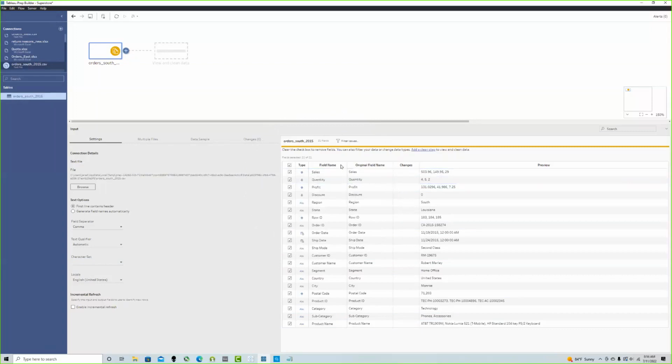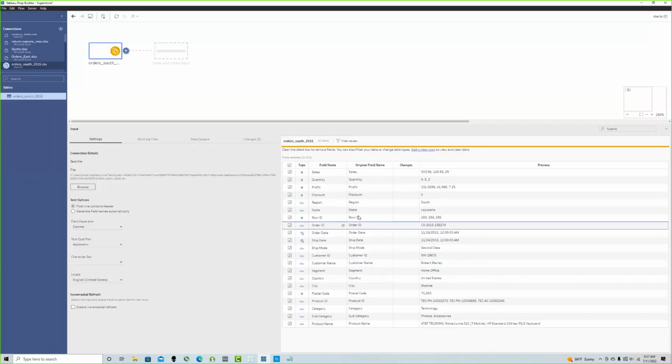What if these two columns here, field name and original field name? This is because typically if you're connecting to a SQL Server or even a Snowflake table, a lot of the time the column names are like, instead of order date, it would be order underscore date or ship underscore date. And so what Tableau Prep does when you connect to it is it usually tries to go in and clean up those column names, right? So it'll capitalize first letters, and it'll remove that underscore, and just make the column names appear